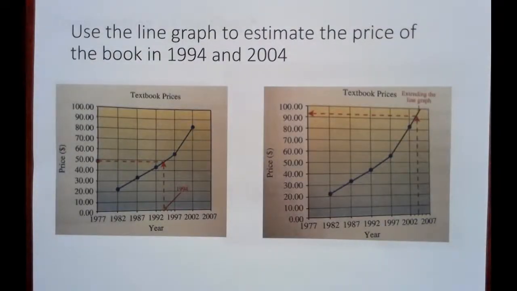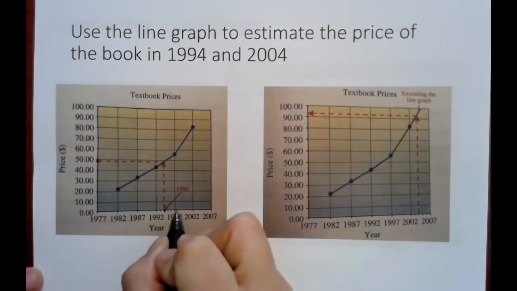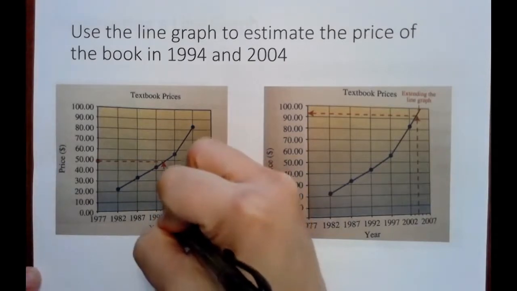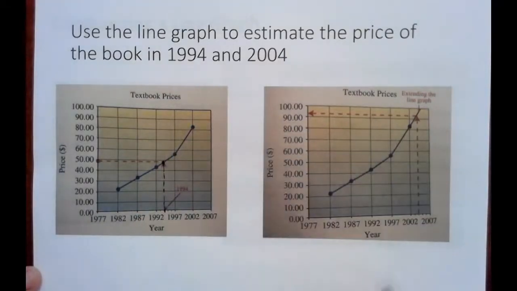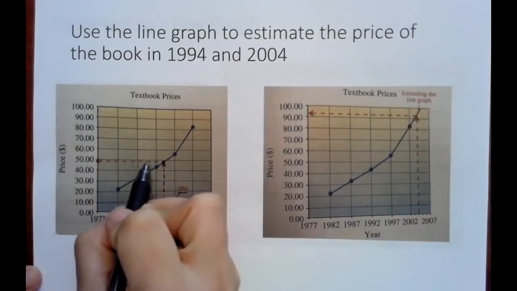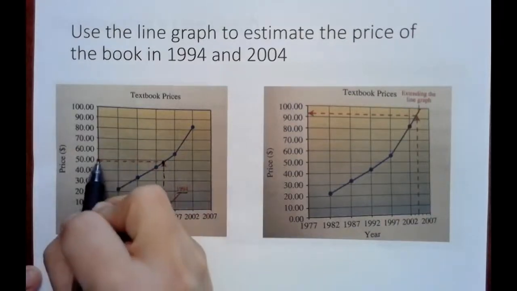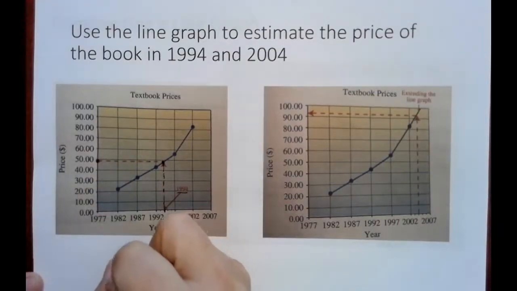Now we can use that line graph to estimate prices. In this case, we can use the line graph to estimate the price of the book in 1994 and 2004. So 1994 would be about here, between 1992 and 1997. If you were to draw a dotted line up, this is technically where the textbook price would be in the year 1994. Then we would go horizontally to check the vertical axis, and it would be close to $50. So maybe about $49